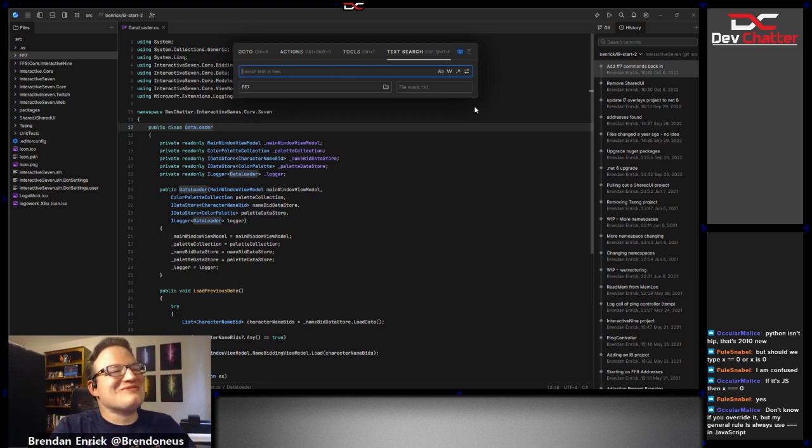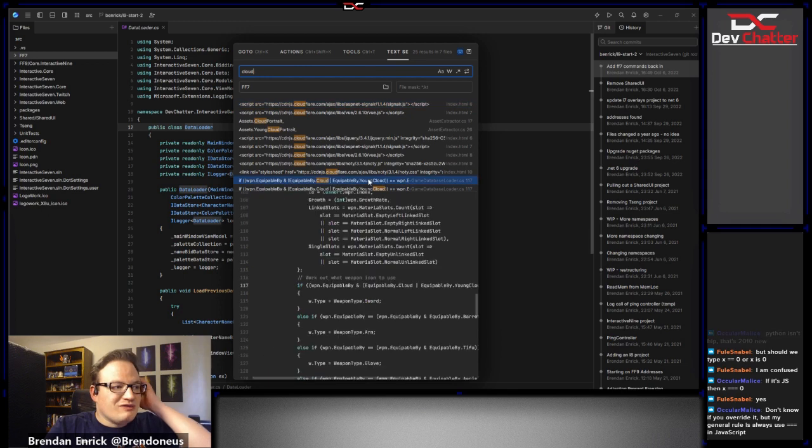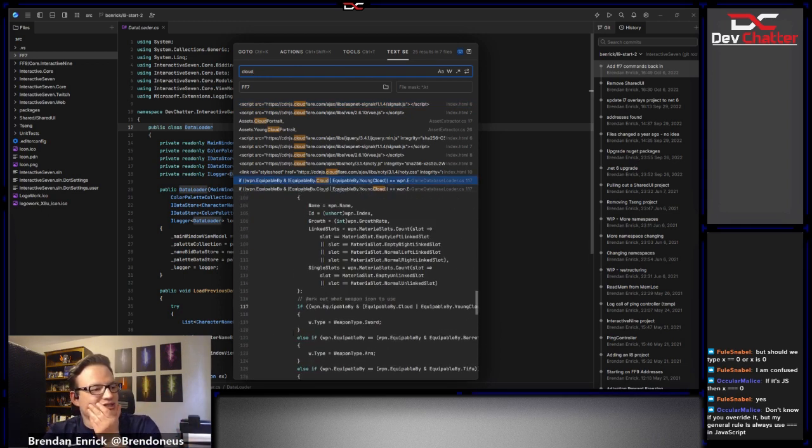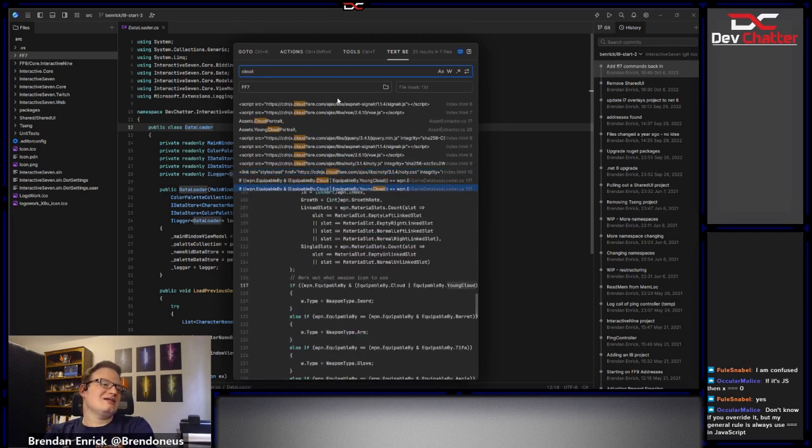All right. So text search. What could I search for? Cloud. No, that's not the one I was looking for, but it's kind of here. Do these preview or anything? Ah, they preview down here. It shows me right there and highlights the line number. That's not bad. I don't mind this preview, and it's reasonably large. And the thing I like about it, just thinking about this for a second,